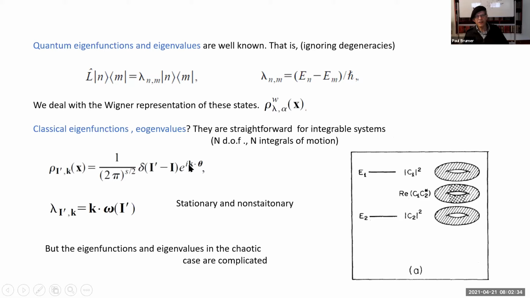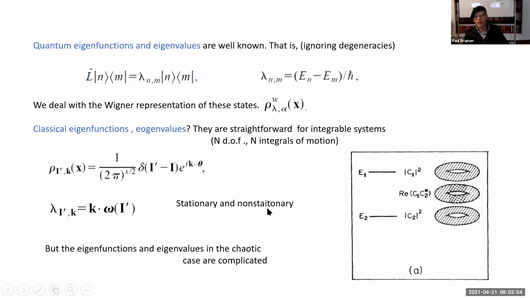Theta are the angles, k dictates the eigenvalue. Lambda is i k prime dot omega i. These are the frequencies of the system, and these are the actions of the system. So what this is